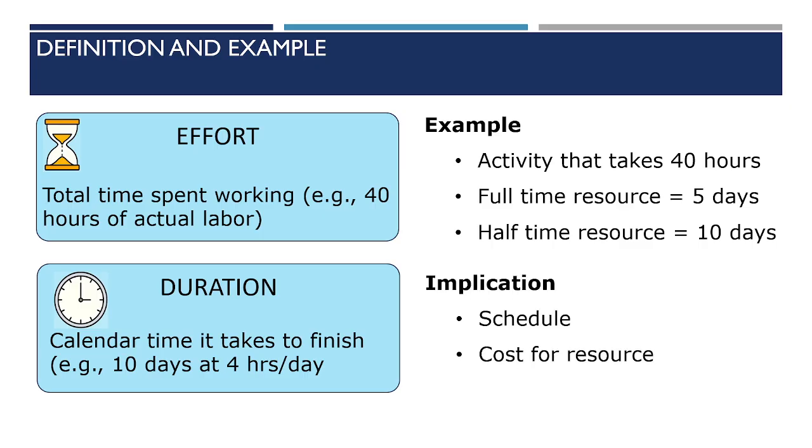But the implications are on the schedule, right? Because if somebody says it takes 40 hours and I just assume that they're full time and I commit to a deadline that's a week away when in fact it's 2 weeks away, that's a missed expectation. And it's the same thing for cost. So we pay for the resource that's working on the project, right? So if I assume that the resource is only working for 1 week, but they're working for 2 weeks, I might have to pay the cost for the entire 2 weeks, and now the cost for them has essentially doubled.